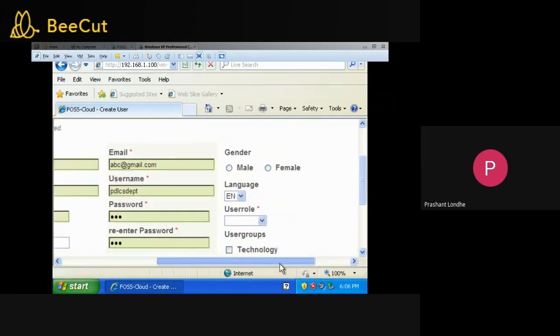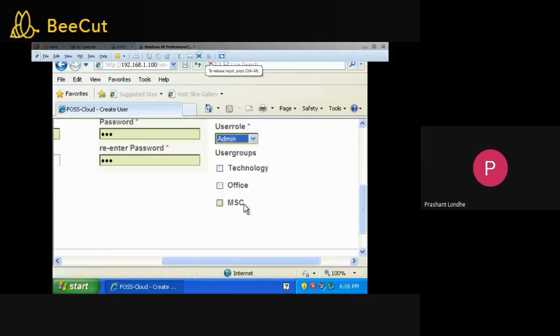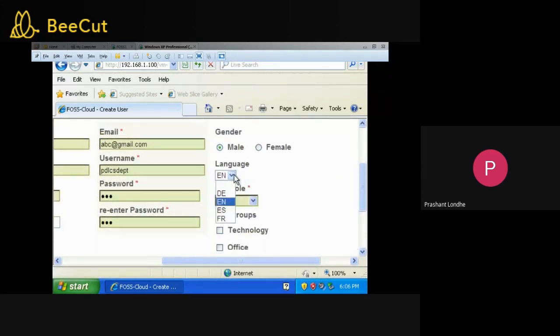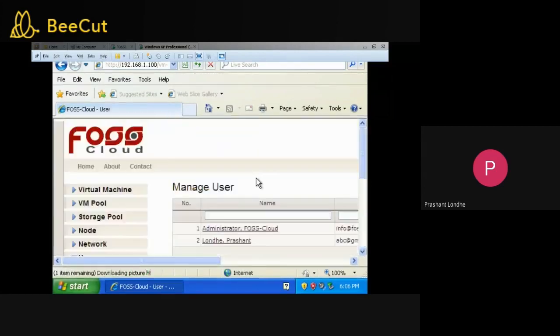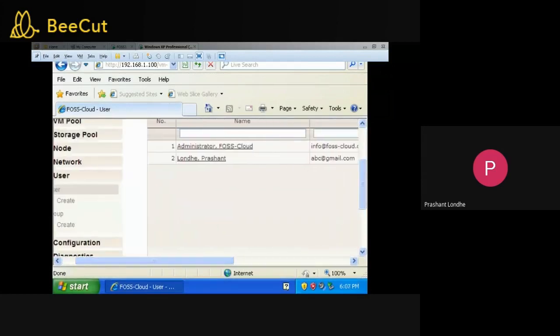Gender, user role admin. See here, I'm just getting the user groups also here. Okay, so you can select any language, user groups, and then you can click on create. So here I have added one user under this group.